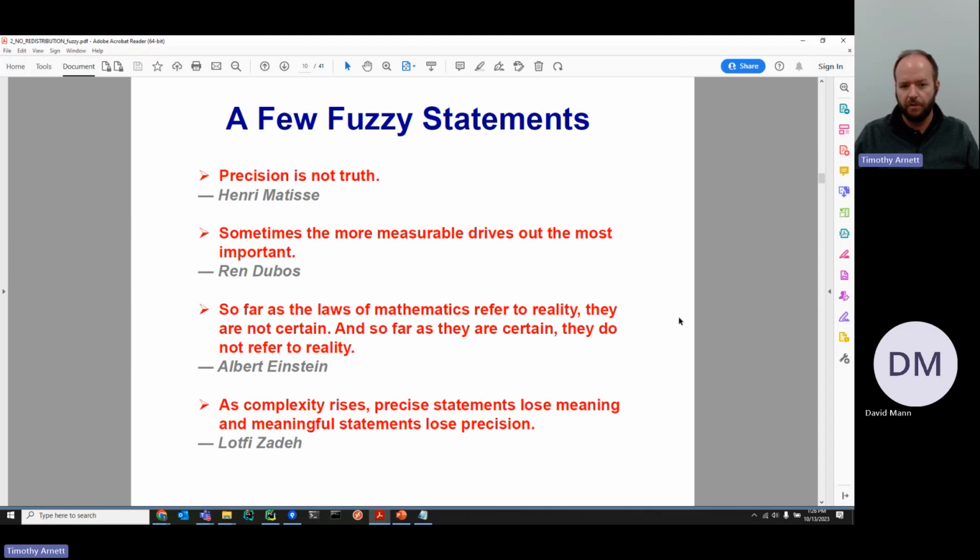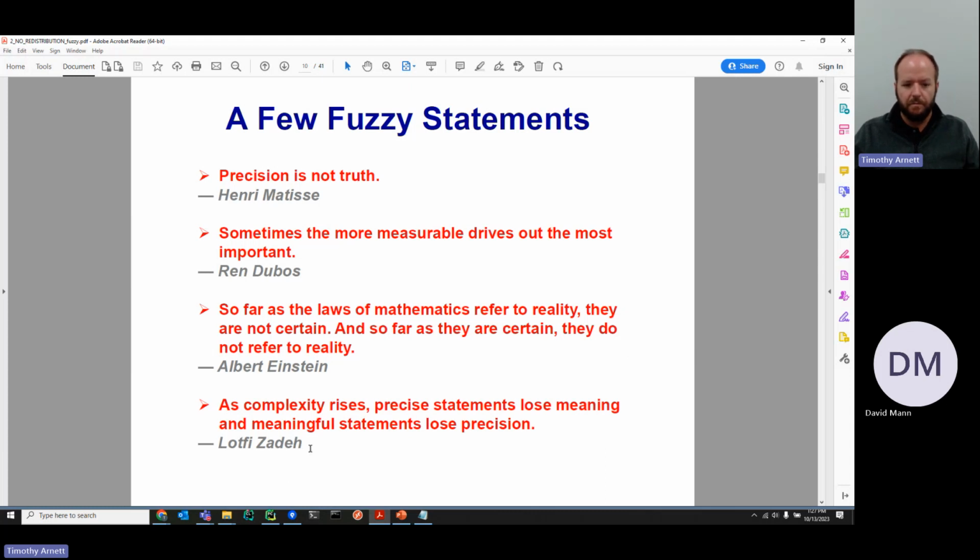This also comes into observability and controllability, and for those that have a focus on dynamics and controls, there's often a case where if you can get a very accurate measurement, there's a bias towards using that measurement because of its accuracy, even though it may not be relevant to the decision you're making, or as relevant as some other information you may be able to extract. Even Einstein said, "As far as the laws of mathematics refer to reality, they are not certain, and as far as they are certain, they do not refer to reality." That's a consequence of the universe we live in.